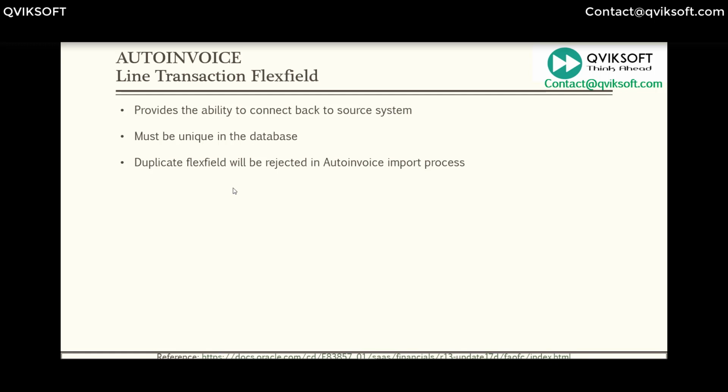There are seeded ones available if you are importing from order management or projects or global intercompany or recurring. Those are already defaulted there and will be available. But if you need to migrate from some external system, you need to define this transaction flex field so that you can migrate. Okay, so once this is done, the next step which you need to do is